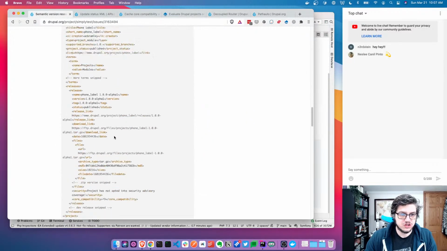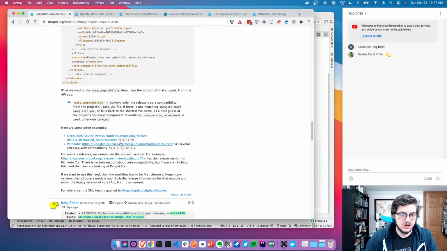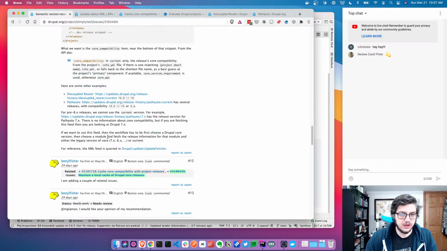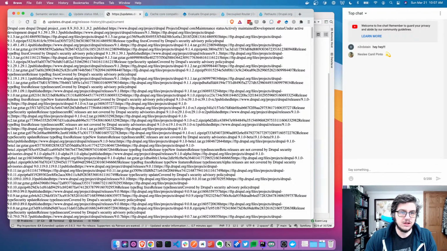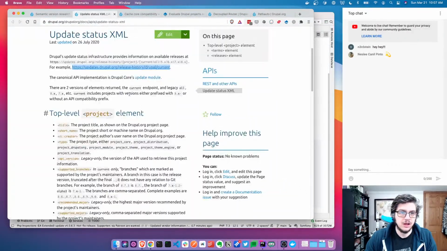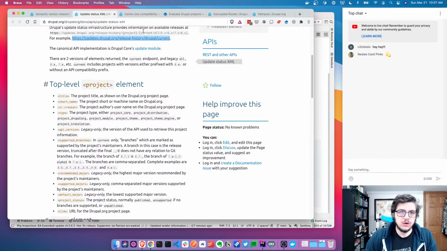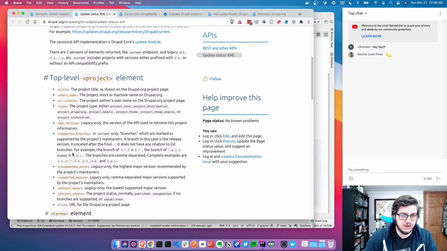So in the research, I don't know if it was specified in here. Benji did link to a few things. So if we went to, let's see if I open this. Oh, Brave isn't going to theme it. If we went to the release history for 7.x, we would get this API version. That means the API version is 7.x, 8.x, 6.x, 5.x, the way we're used to thinking about core compatibility. But if we go to /current, that's when we will see the